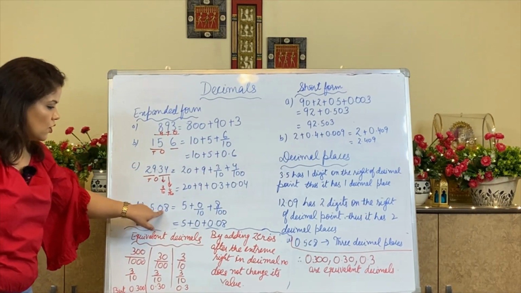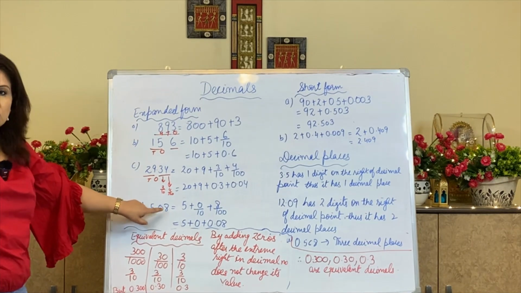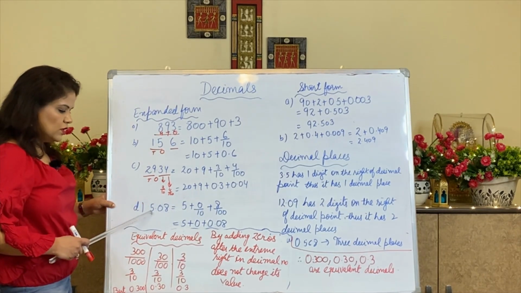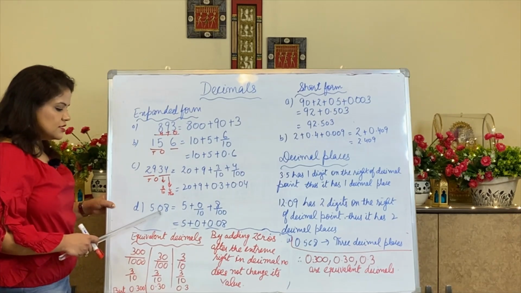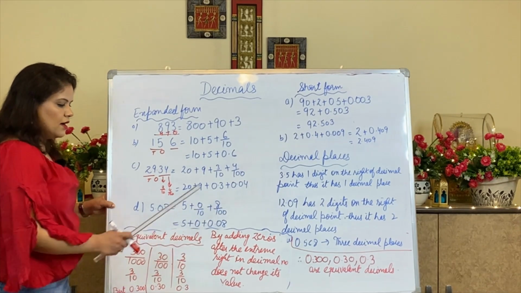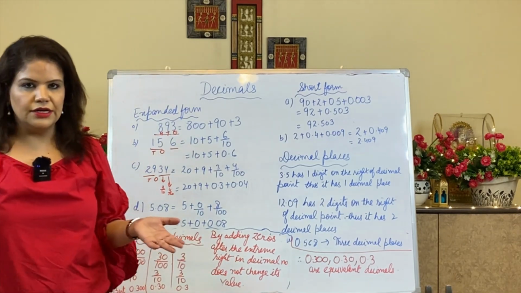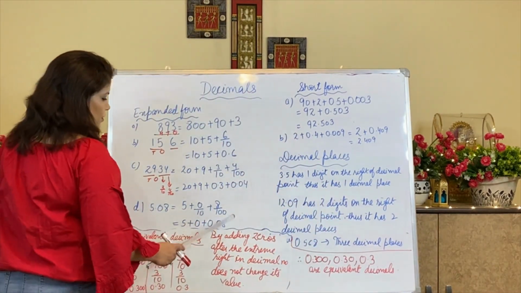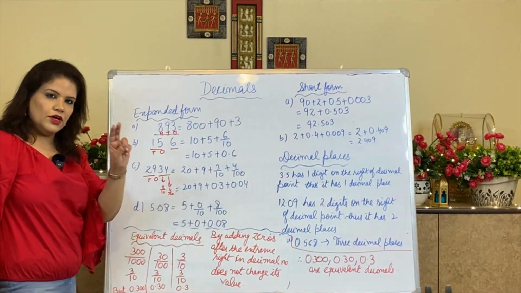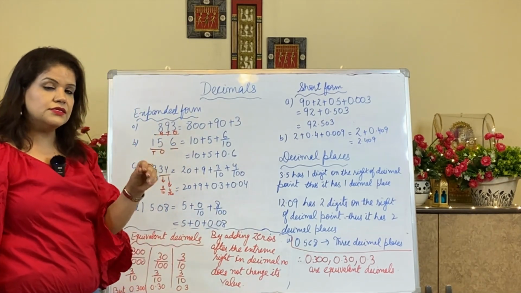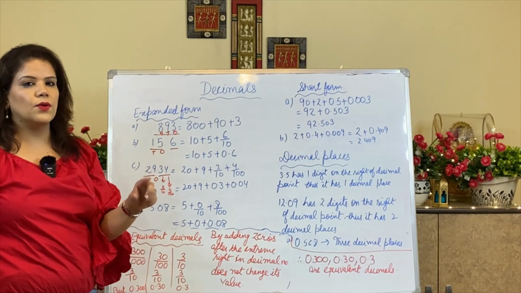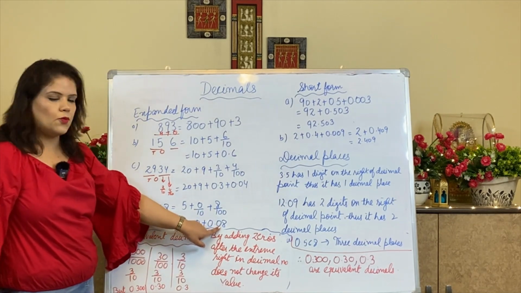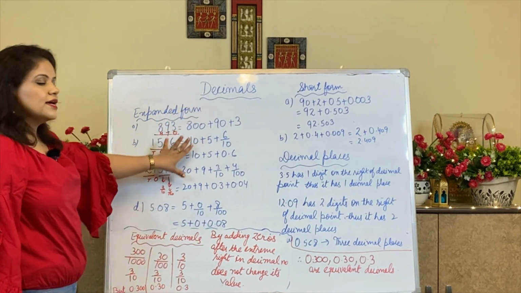For 5.08, now see here we have 0. This is the whole part, this is the fractional part. The whole part has only one place, so we will write it as it is. This is 0 by 10 and this is 8 by 100. Any time 0 is divided by a number, it is 0. For 8 by 100, there are two zeros in the denominator. We need two decimal places after the decimal. How will we write it? We will add a 0 in between the decimal and the numerator number. So that's why 0.08 has come. This was the expanded form.